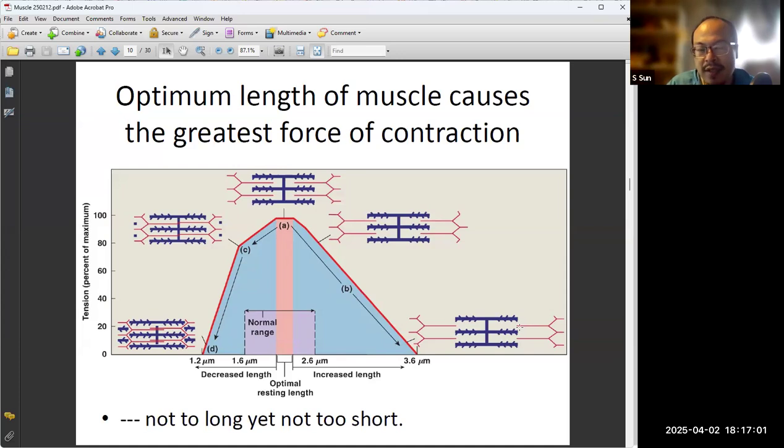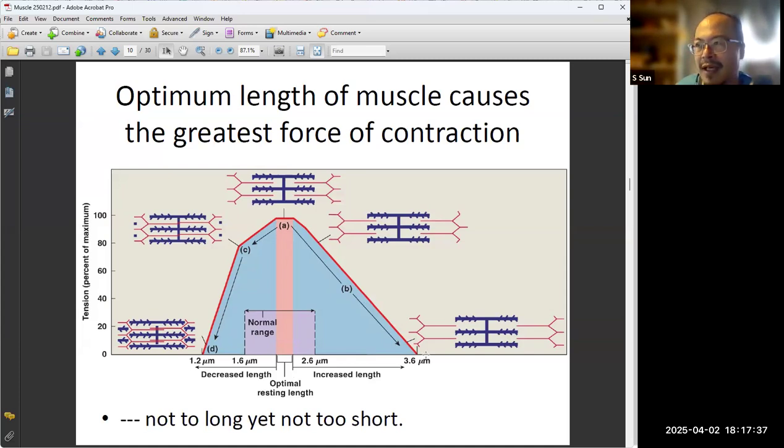And that is why when you have a competition, such as people competing in running, you want to position yourself so that your muscle is not too long, you don't extend it too much, or shorten it too much. Keep it in that optimal position, and then it will generate the largest force. You can generate larger tension from that optimal length of the sarcomere. And that is everything that you need to know for the